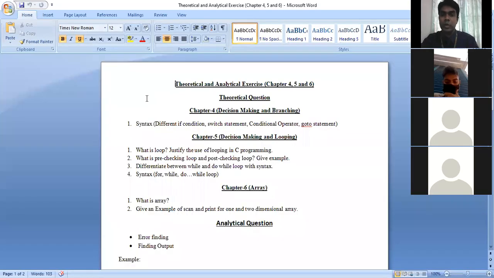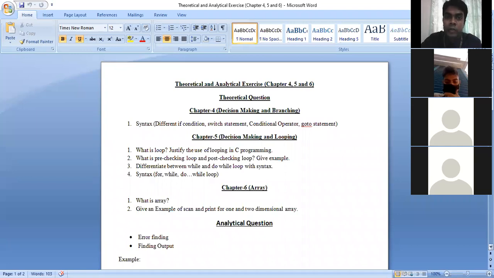Can you see the Word document now? Yes, sir. So here you will get some theoretical portion as well as some analytical portion. Like the previous 3 chapters, I mentioned some theoretical portion here and some analytical portion here.